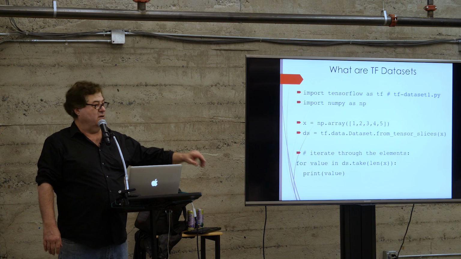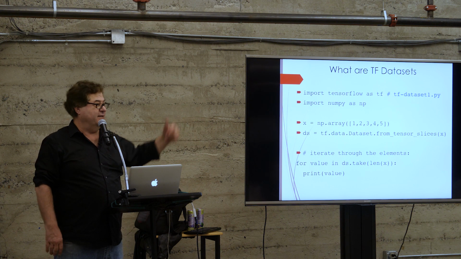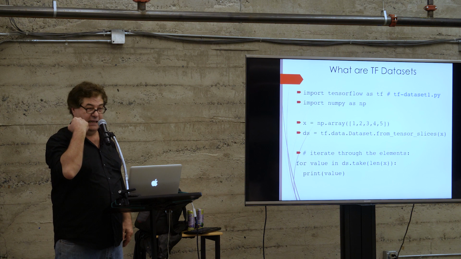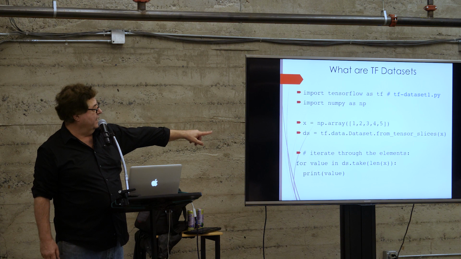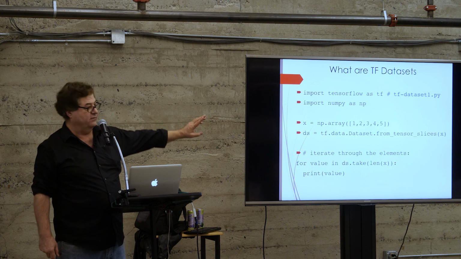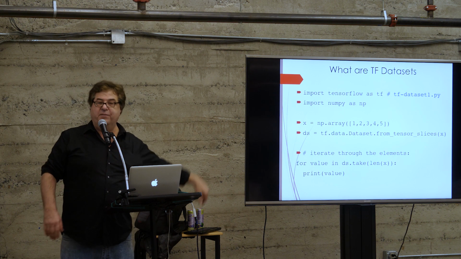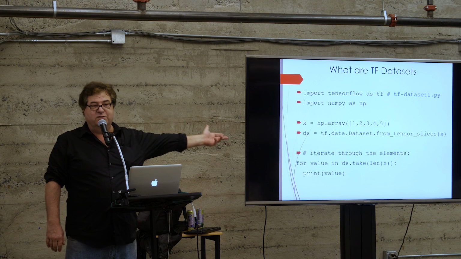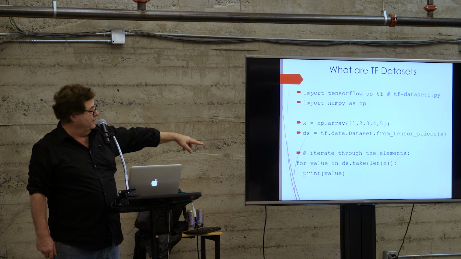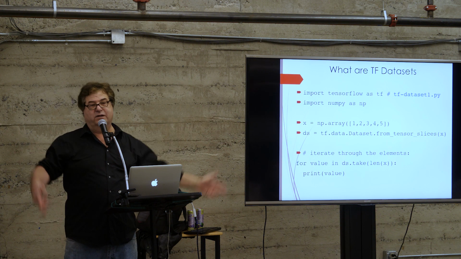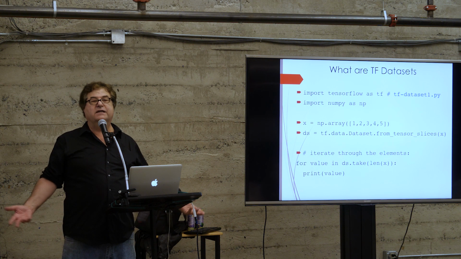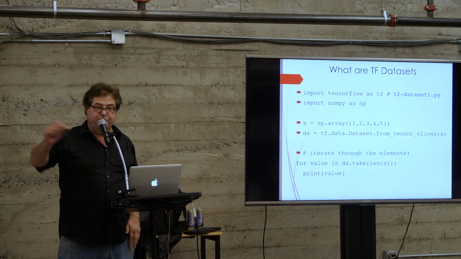It means, you know, I'll take 5 or 10. It's how many you want to take. And inside I've got that len of x, so the length of x, which would be 5. I'm making it more complicated than what it is. You don't even have to do that at all. All you need to do is for value in ds, colon. As simple as that, or fewer.